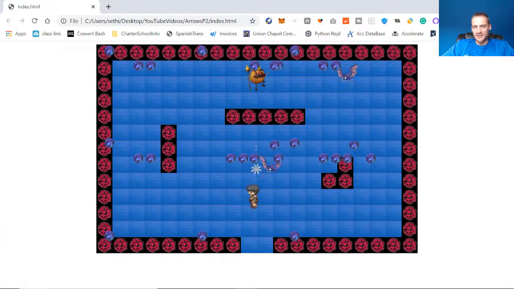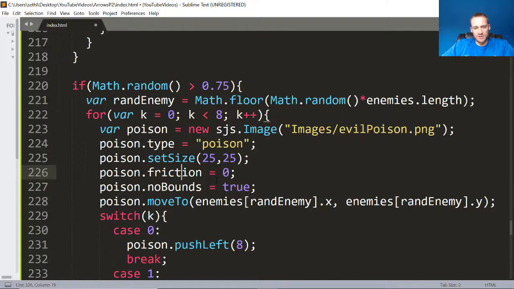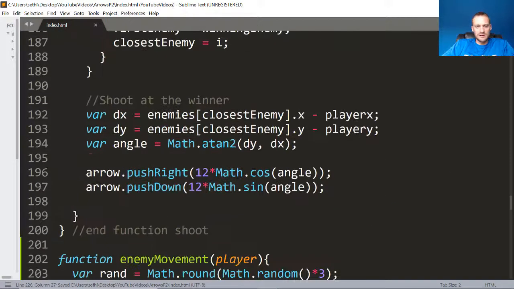Okay, we don't have any errors. They shot, but the friction for some reason didn't work. I thought I had, oh, I spelled it wrong. You guys were probably yelling at me. Okay, so there's friction. And then we need to